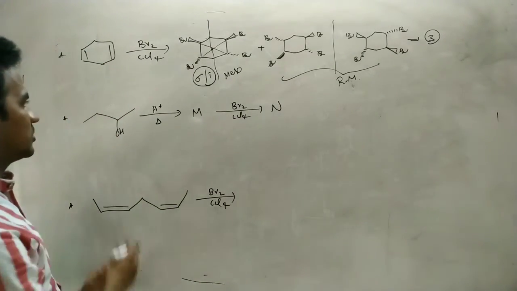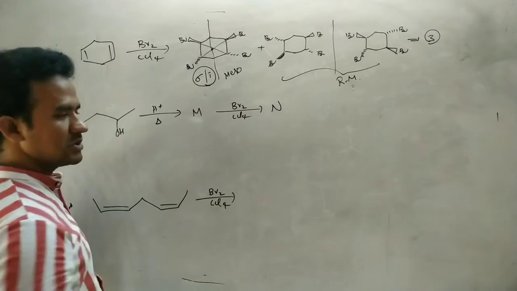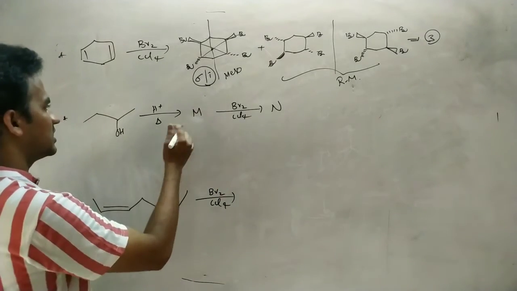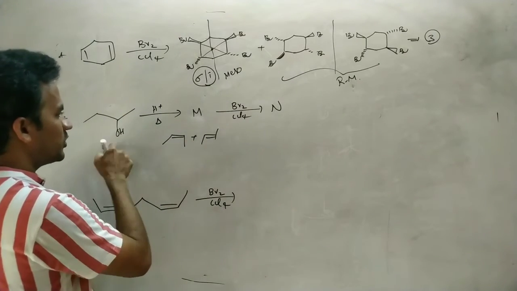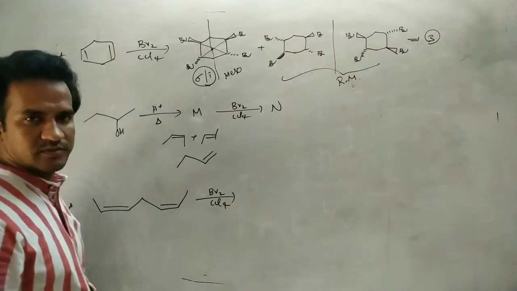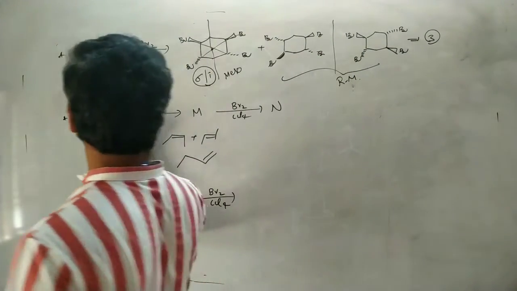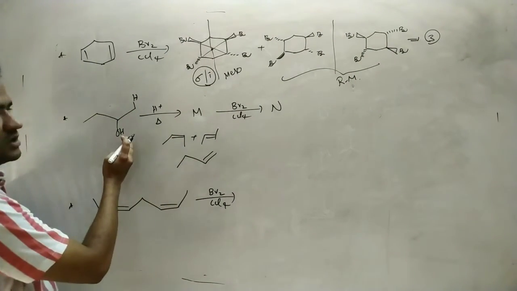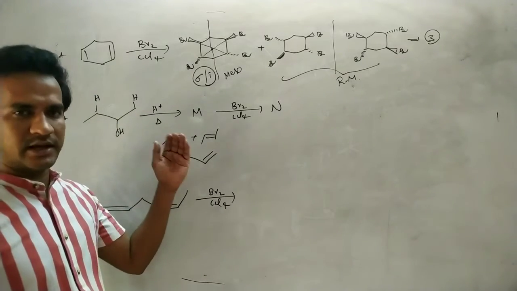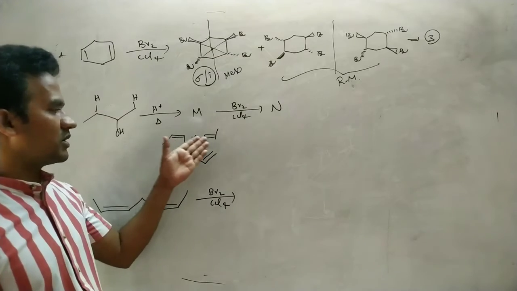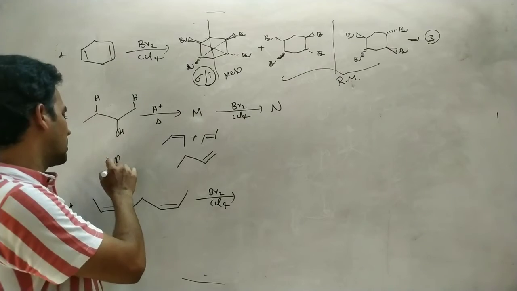Now coming to this one, it is a previous IIT question. In this dehydration, M is the product mixture, N is the product mixture, then M plus N is asked. In this case, cis 2-butene is possible, trans 2-butene is possible, and 1-butene is also possible. 1-butene is a minor product. That is nothing but a dehydration reaction. Here HOH can be removed. So cis 2-butene, trans 2-butene or 1-butene are the possible products in this case. So M equals 3.